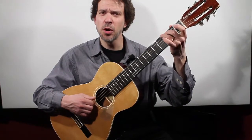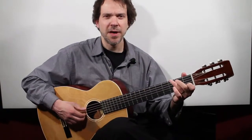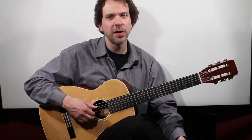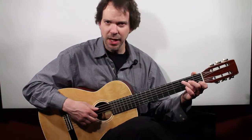I'm able to get a little more power this way, but unless you're playing strict concert classical guitar music, you have a fair amount of flexibility. The right hand is the main thing because that's what produces the tone, and so you find what works best for you. Single biggest thing to keep in mind is that straight wrist and relaxed right hand and the ability